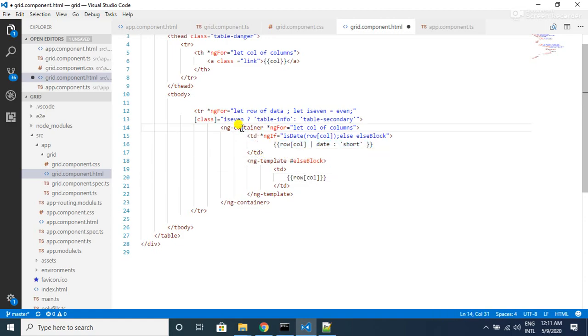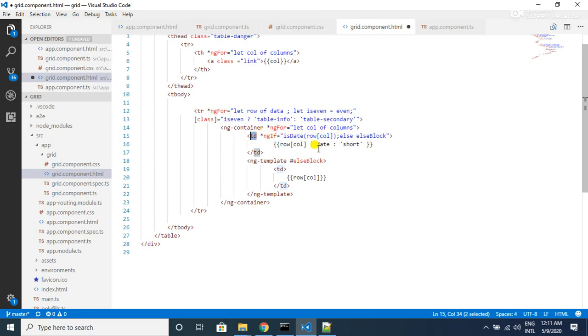Now if you observe here, we are applying ngFor and ngIf here. In the earlier case we were looping through these columns on top of the td element only, but now if we want to apply this ngIf condition as well, we will not be able to apply ngIf and ngFor on the same element, that is the td element.